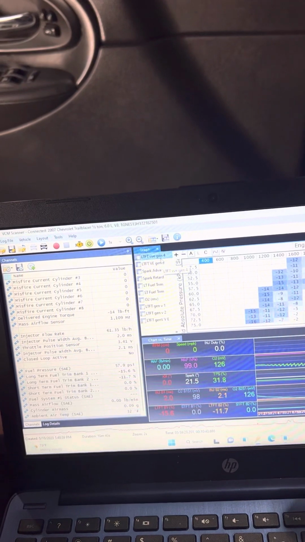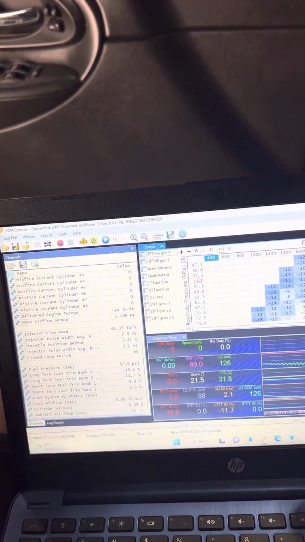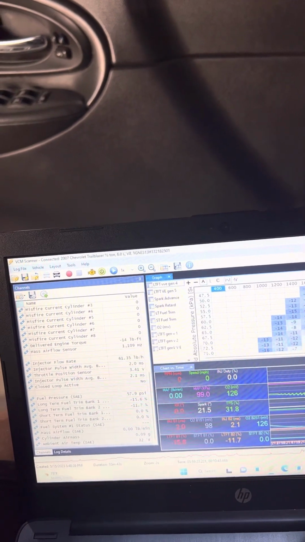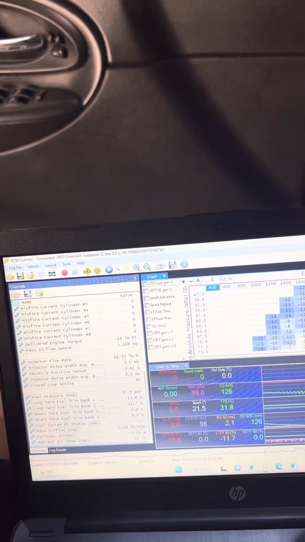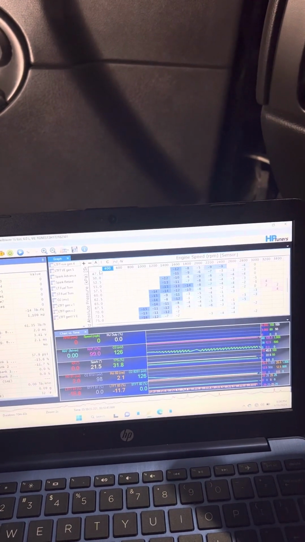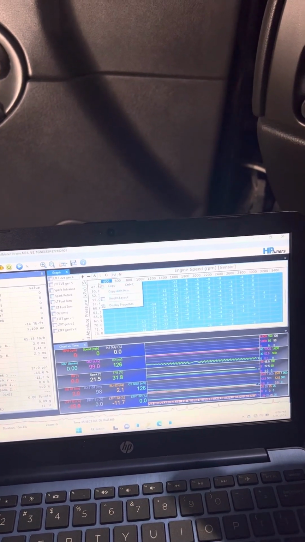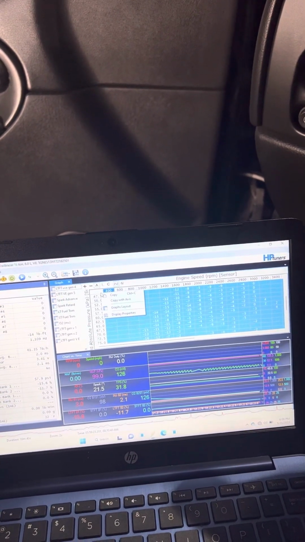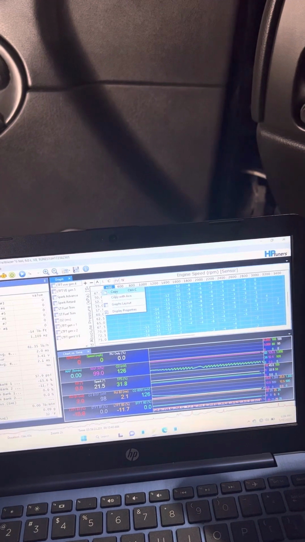I've got one for Gen 5, one for Gen 4. They got different numbers. Some computers have different numbers in the column and different numbers in the row. So we just want to make sure everything matches. Just because it's Gen 4 doesn't mean all Gen 4s are the same. I promise you. So you want to copy,